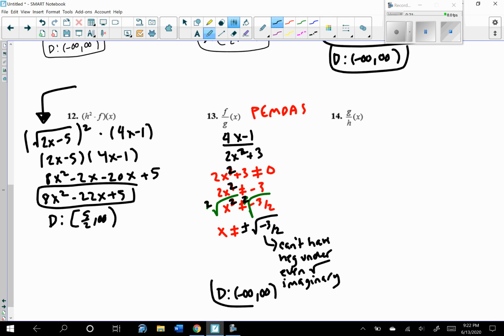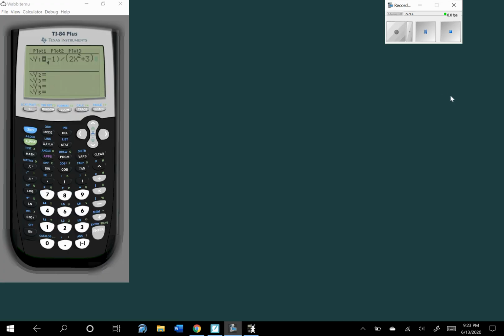So even though there is a variable in the denominator, it doesn't necessarily mean that we're going to get something that does make our denominator 0. And we can look at the graph just to show that. So I plugged it into my y equals. Notice I use parentheses around what's in the numerator and denominator. And if I hit graph,